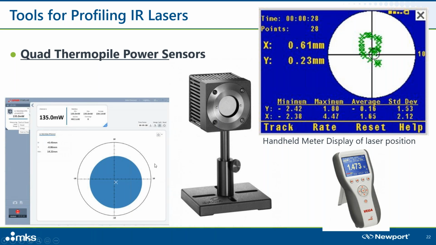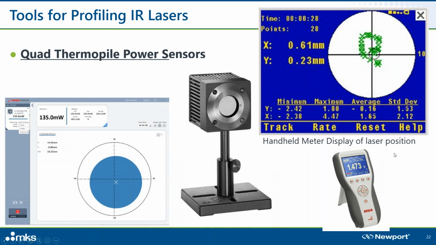The PC software that you can see on the left gives you a representation of the relative size and location of the beam. A beam tracking display is also available, and this can be read out through either the PC or a handheld meter display. Since these are not traditional beam profiling products, I wasn't going to add them to this, but then when I got to comparing the different technologies, I found that they did provide some important aspects of beam profiling, so I did